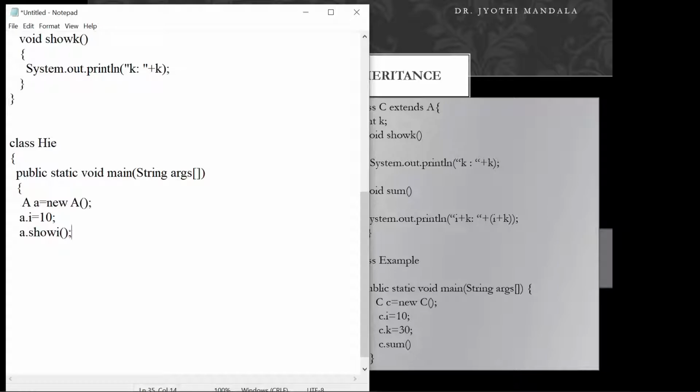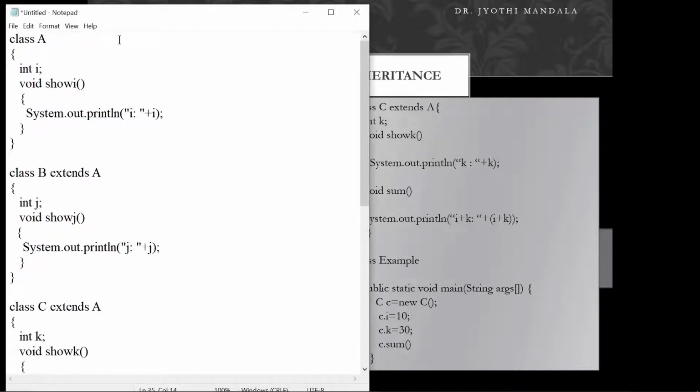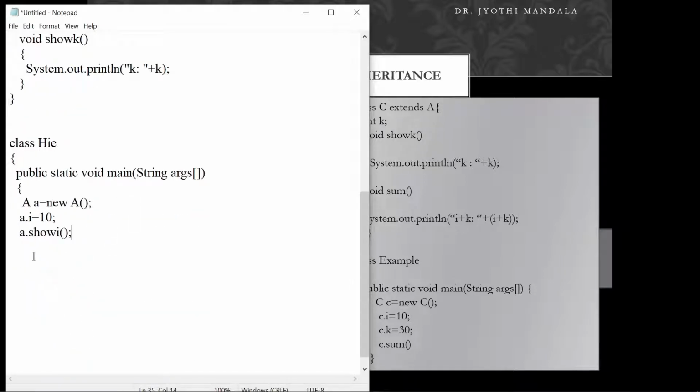Why? Because A is not extending any class, so only the I variable and show I method can be accessed by the object A. Before this, just for our understanding, I am writing system.out.println for object A. After this, we assign the value, and I am trying to display the value of I.